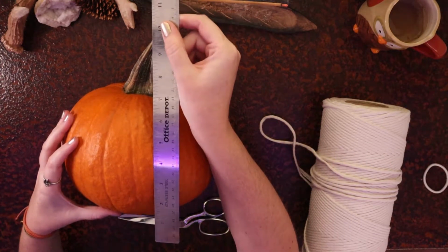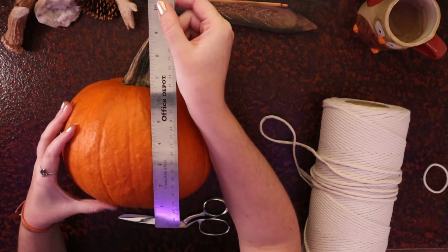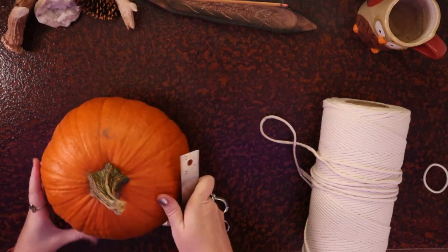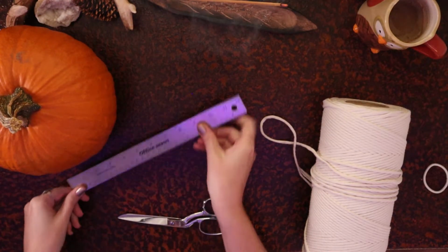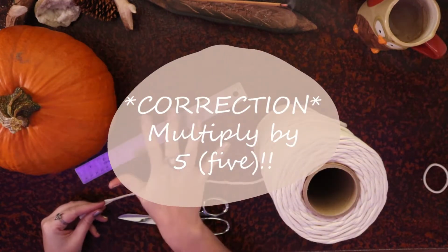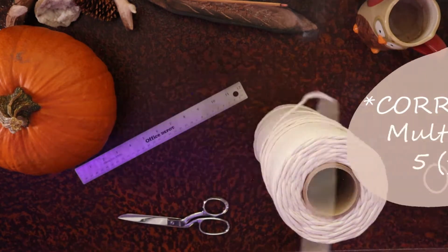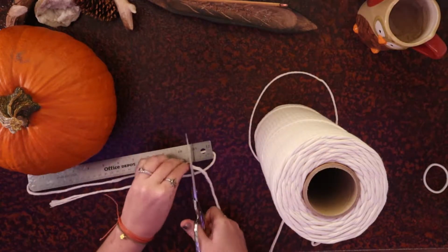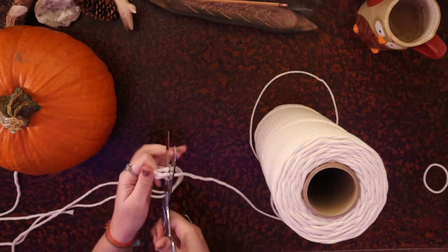Anyway, begin by measuring the widest part of your pumpkin. In my case, my pumpkin was fairly round, so either direction I measured it would have been fairly equal. And then whatever that measurement is, you're gonna double that amount for each piece of cotton cord that you're going to cut. I recommend starting by cutting a few pieces of cotton rope and then attaching them as you go